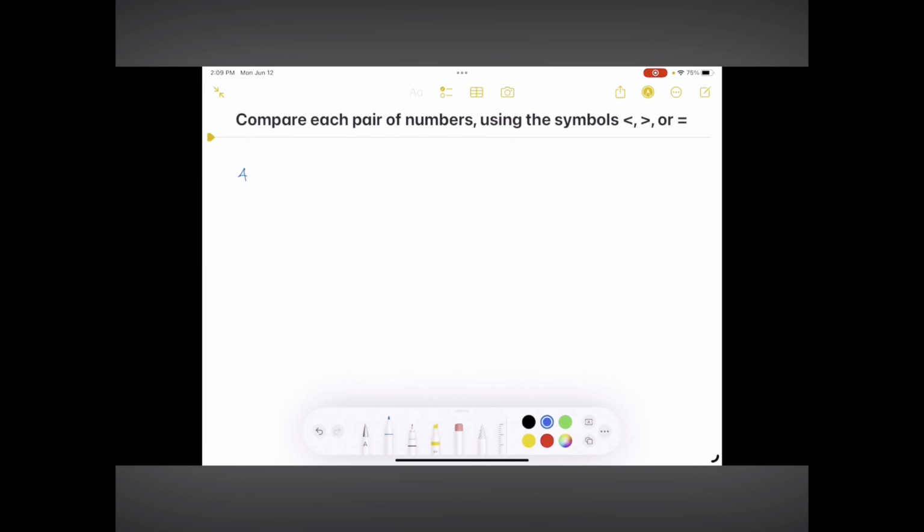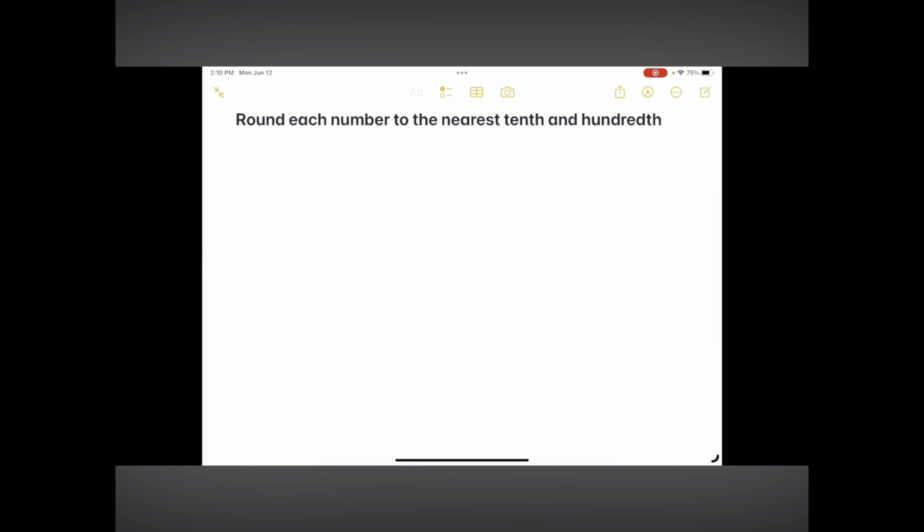Compare each pair of numbers using the symbols less than, greater than, or equal to. Number 41, we compare -2 and -2, and -2 equals -2. Round each number to the nearest tenth and hundredth. Problem number 51,